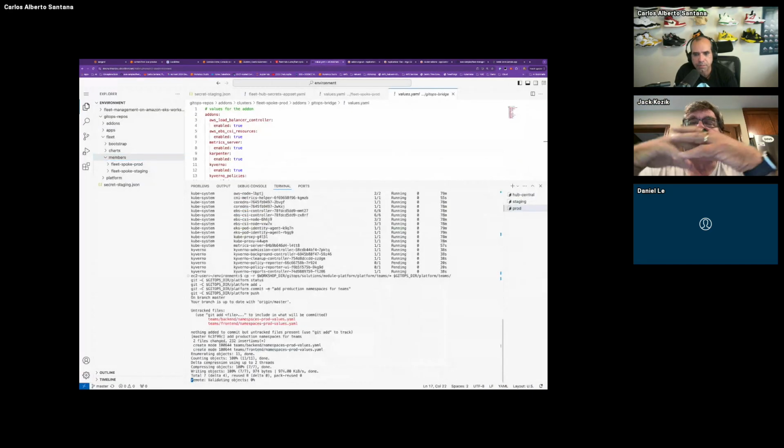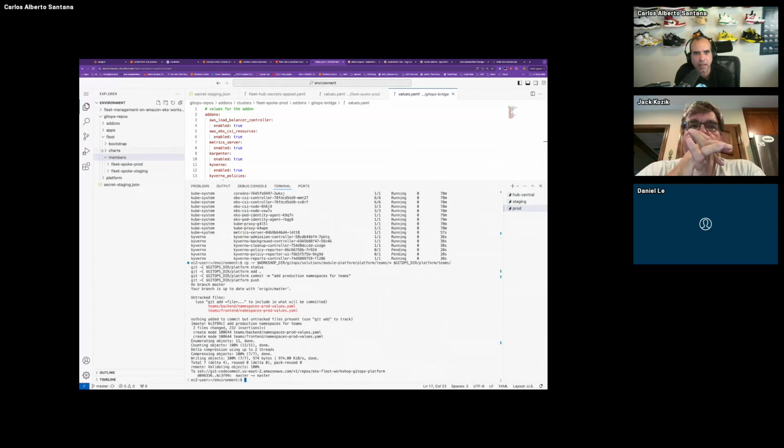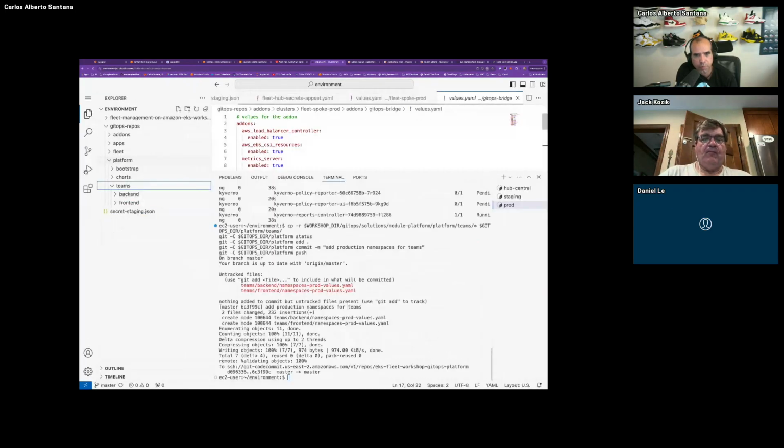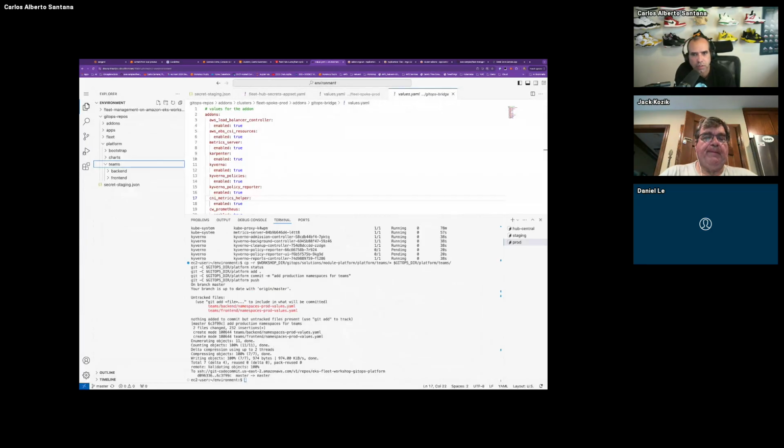To deploy that, and basically I onboarded the team. So this is like onboarding multi-tenants. So in the platform folder, I have a folder called teams. And for every team or tenant or group that I want in every cluster, or Argo, in this case, staging